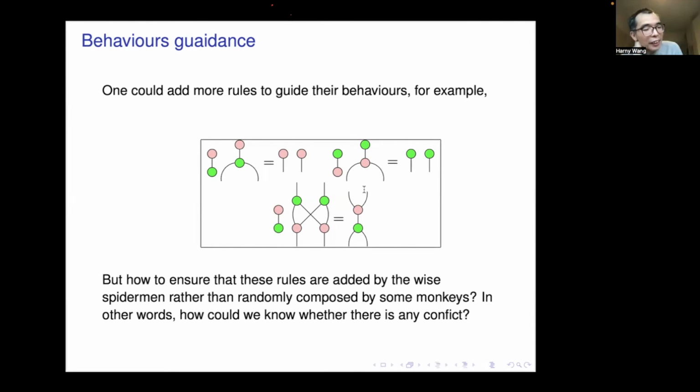Yeah, that's a very good question. I think in the third book, they have some examples using ZX for quantum algorithms, and also I want to mention that recently we have